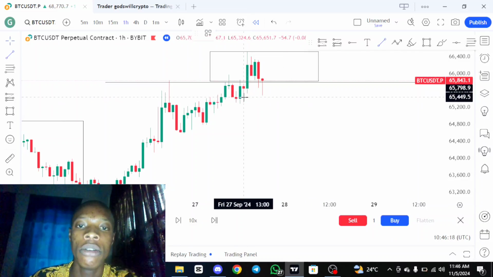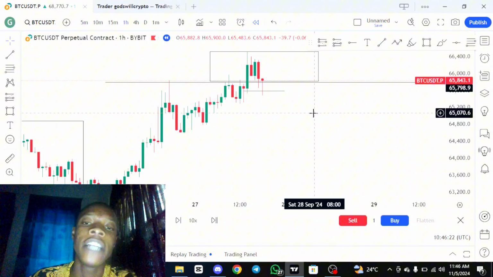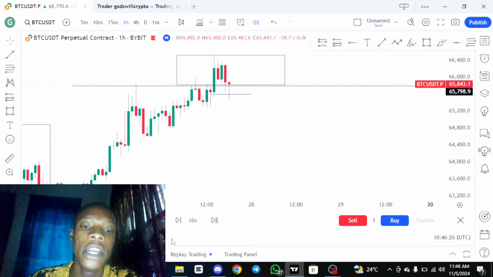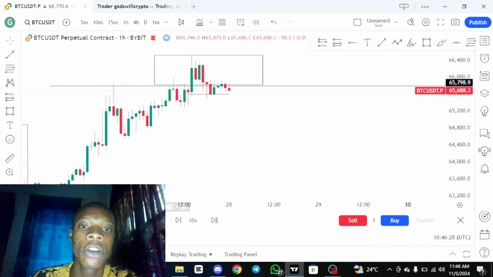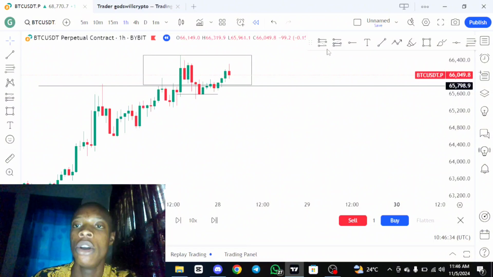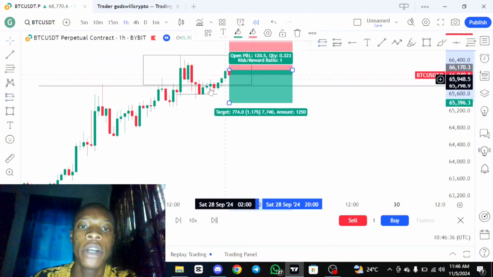Now this is a low, so I'm waiting for a break below this low right here. There's a low right here. Mainly my shift in market structure is always on a 15-minute time frame, right? Now I want to wait for a shift in market structure. Now the shift in market structure has happened. You can easily see this long wick creation, now a break below this previous low. So I'll enter for a sell from this point.